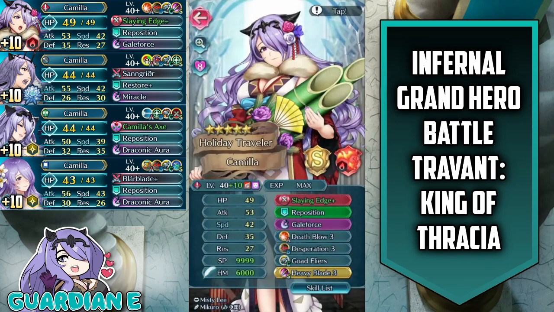Next we have New Year's Camilla, merged at +10 with a speed asset, Slaying Edge plus with attack refine, Reposition, Gale Force, Death Blow for the A slot, Desperation for the B slot, Goad Flyers, and then Heavy Blade for